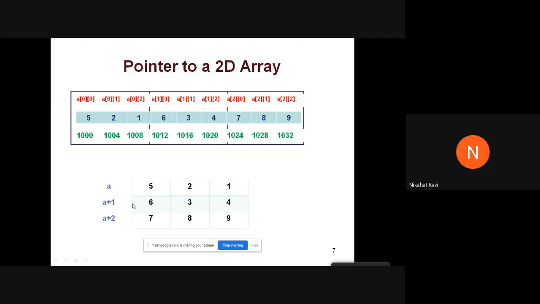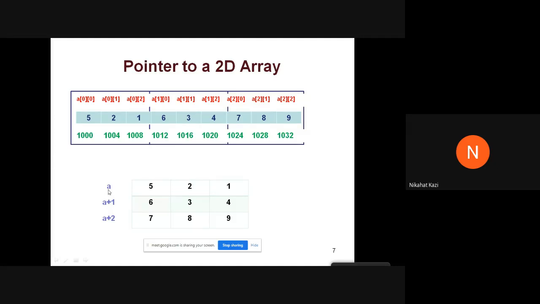Okay, and when I write an expression A plus 1, it will advance by the first row. It will always advance row-wise. For this you have to remember the last concept that we saw, PTR plus plus. When we did PTR plus plus, it advanced by 10 integers, because the size of that array was 10 and that pointer was a pointer to an array. So basically this A is a pointer to an array.